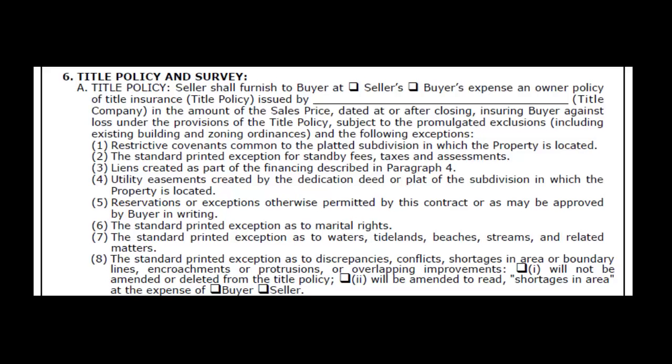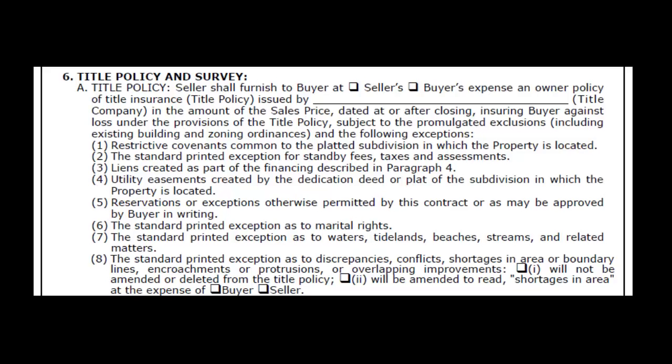So let's back up for just a second and talk about the practical application of this paragraph a little bit more. Okay, first line, it says that the seller shall furnish to the buyer, at the seller's or the buyer's expense, one of these policies. The seller is usually who is negotiated to pay for the title policy in most traditional transactions,